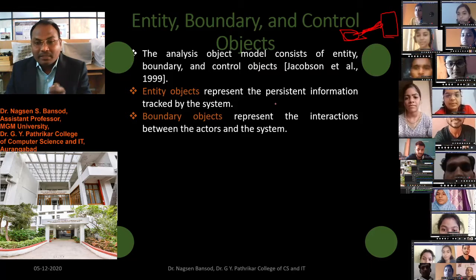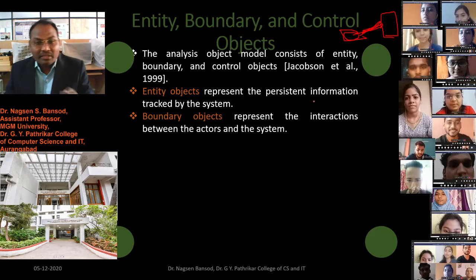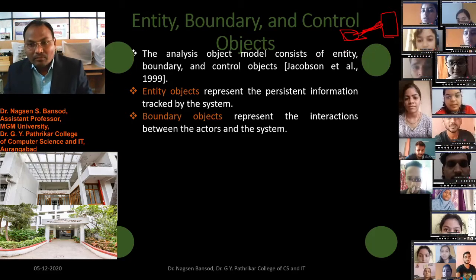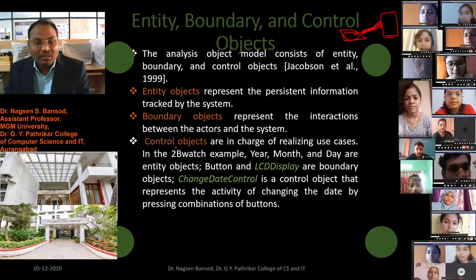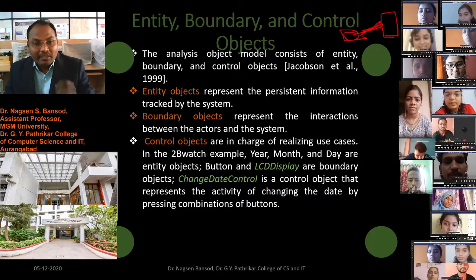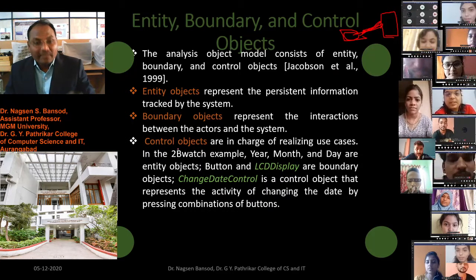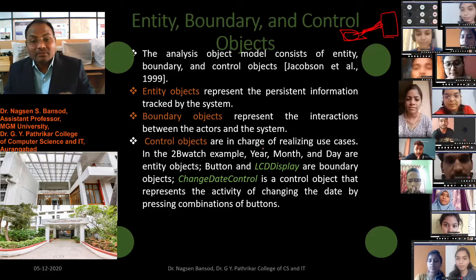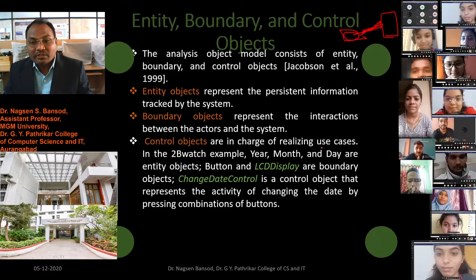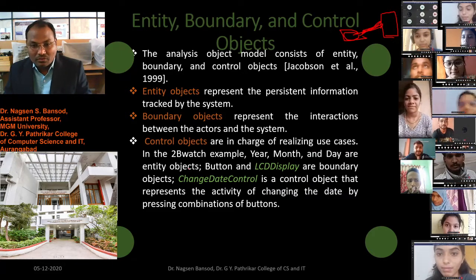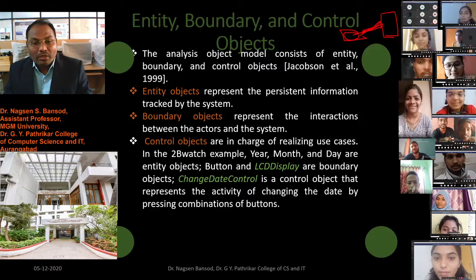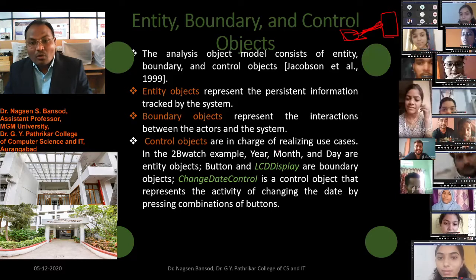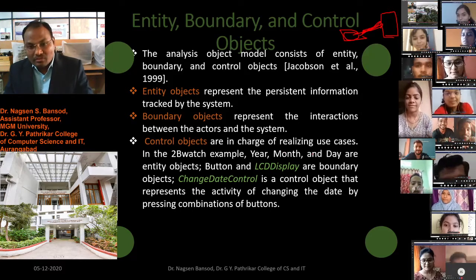Entity objects represent the persistent information tracked by the system, like the printer, which we require to print. Entity, boundary, and control objects are in charge of realizing use cases.